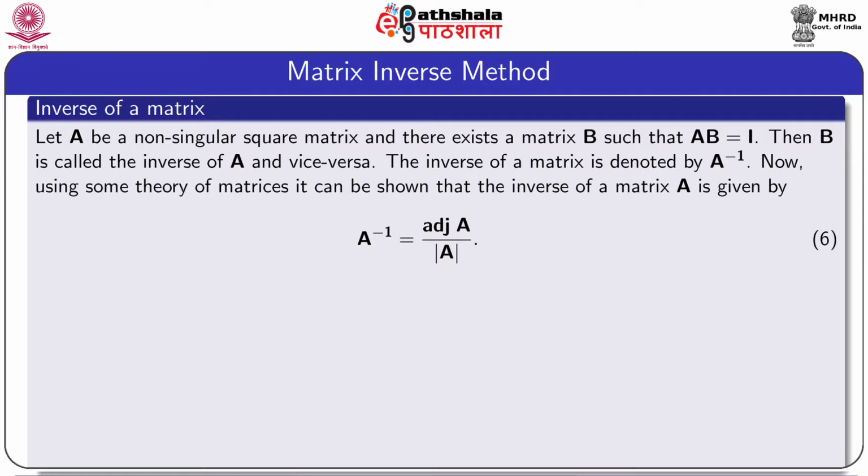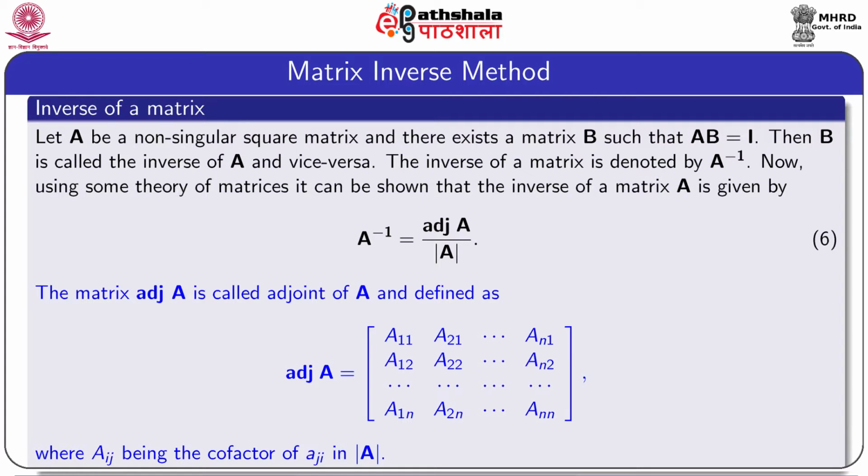Now, we discuss a suitable method to find the inverse of a matrix. Let A be a non-singular square matrix and suppose there exists a matrix B such that AB equals I. Then the matrix B is called the inverse of A and vice versa. It is well known that the inverse of a matrix is denoted by A power minus 1, and from linear algebra we know that the inverse of A, that means A inverse, equals adjoint A by determinant A,